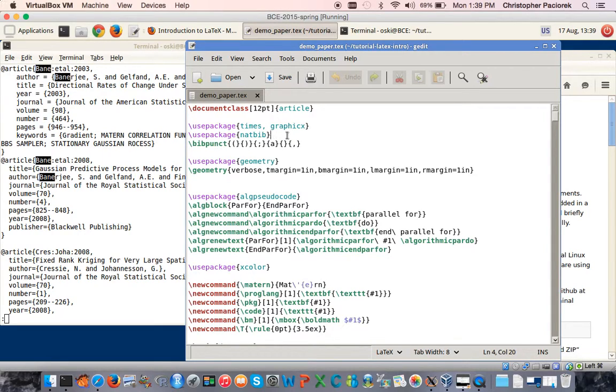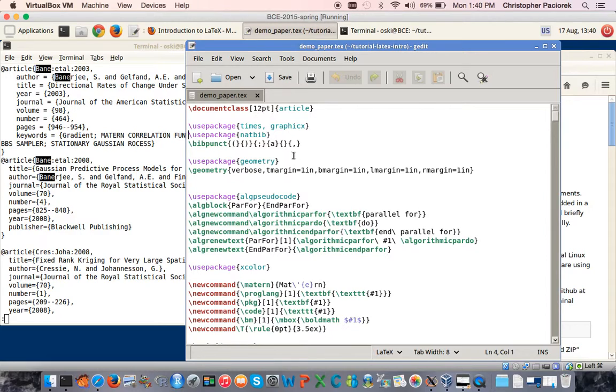In addition to different classes of documents, you can also make use of additional add-on functionality within your document by using what are called packages. So if you wanted to use, say, the natbib package which provides that plainnat bibliography style, in the preamble, so before the \begin{document}, which occurs down here, you would invoke that package with \usepackage and then the name of the package. I've also made use of a number of other packages here in the preamble, the times package, this graphicx package for including figures, etc. Every time you see a usepackage, that's an add-on package that's providing some additional functionality.